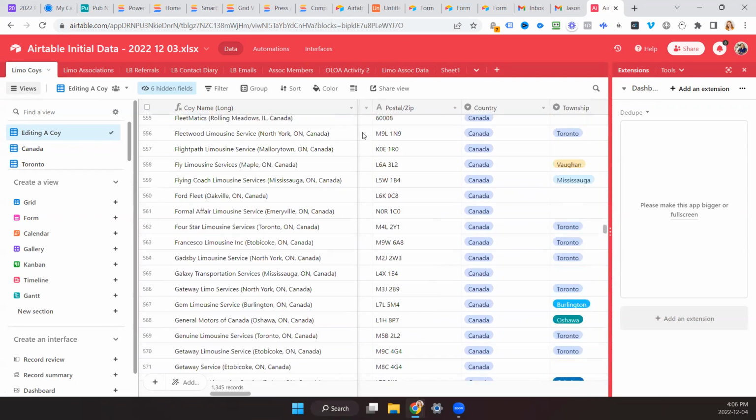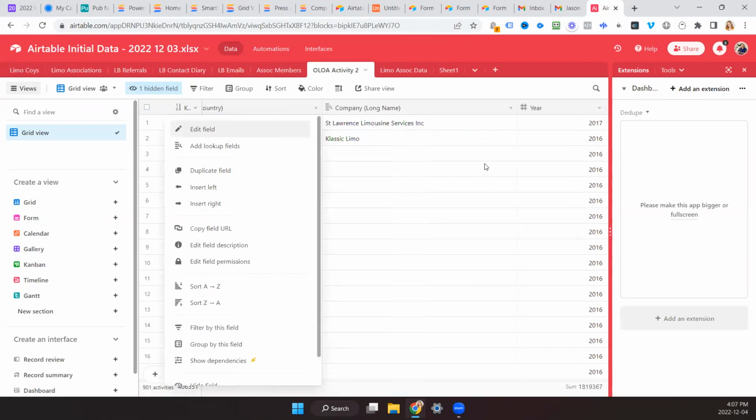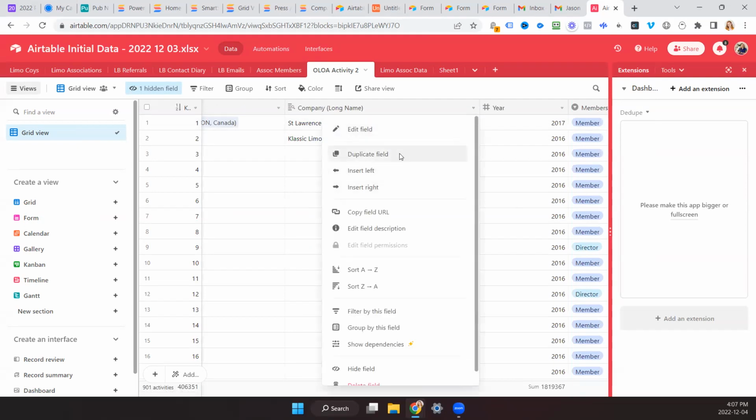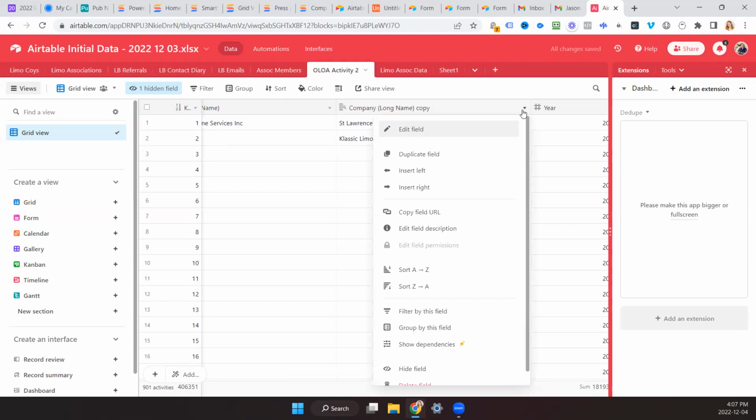Okay, so what I would do then, a little tedious, but create a few lookup fields. I'm gonna duplicate. And then we bring in street address, we bring in the various fields here. And then we can create a formula to merge it all together. And then you could hide street address line 1, street address line 2, city, postal code.